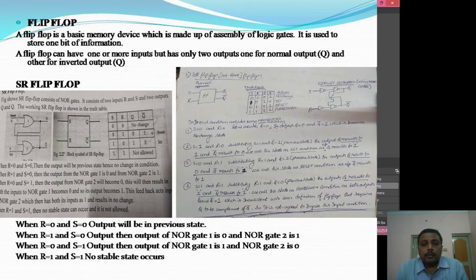So I will try to explain in detail. As per the last sketch on the right hand side, I have explained in detail wherein we will give individual conditions: when S is equal to 0 and R equal to 0, when S is equal to 1 and R equal to 1, when S equal to 0 and R equal to 0, and finally S and R both going to high state. So what the outputs are going to become.